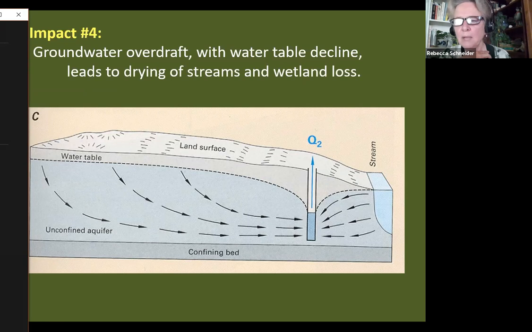You put in a pipe underground, you put on a pump, and it's getting very easy to suck water out of the ground. But it takes a while for water to get back to the pipe after you have pumped it out. And what happens is the water in the aquifer, the groundwater, declines. The water table drops, there's less water. And as you can see in this schematic, the water is actually being pumped from the stream. So streams are running dry and getting lower because of our groundwater overdraft.